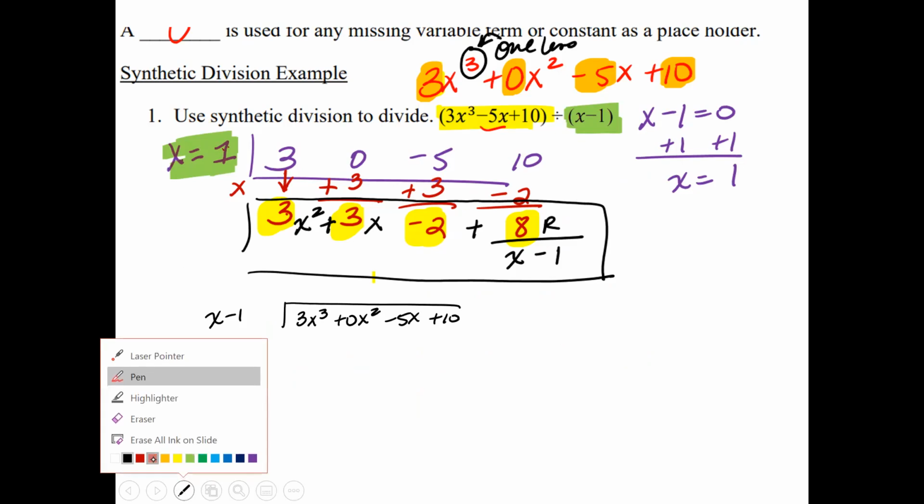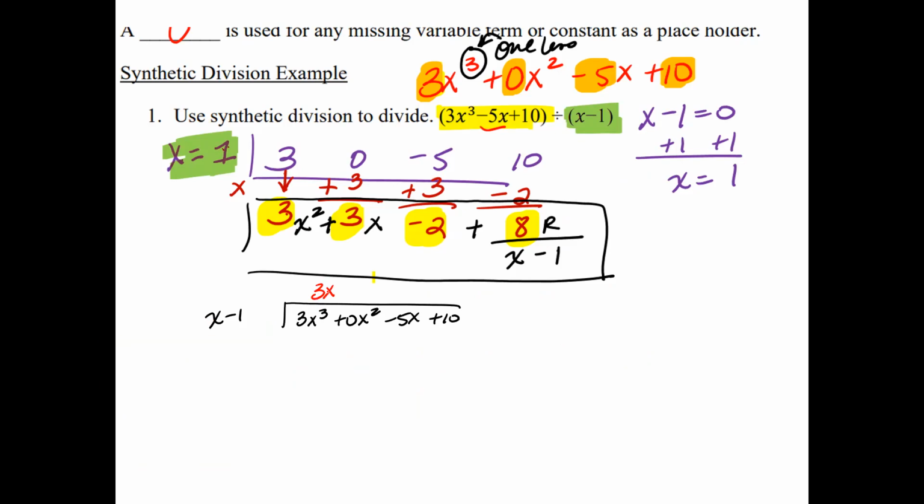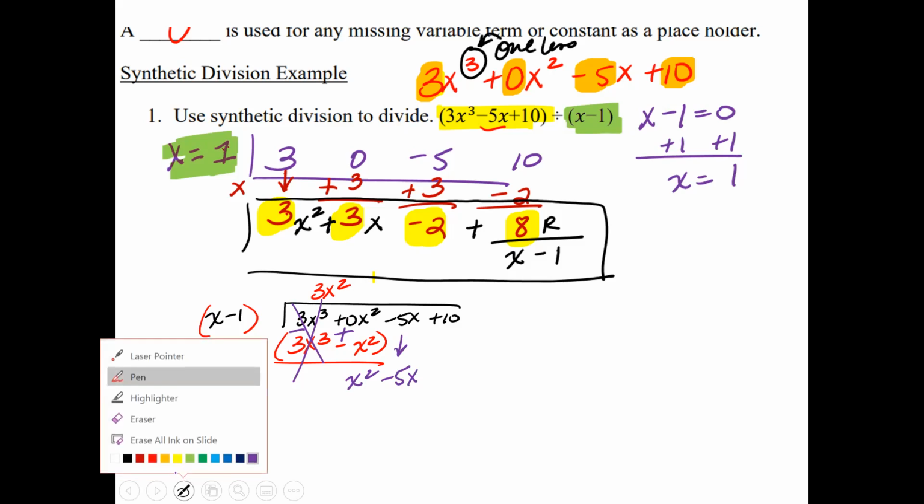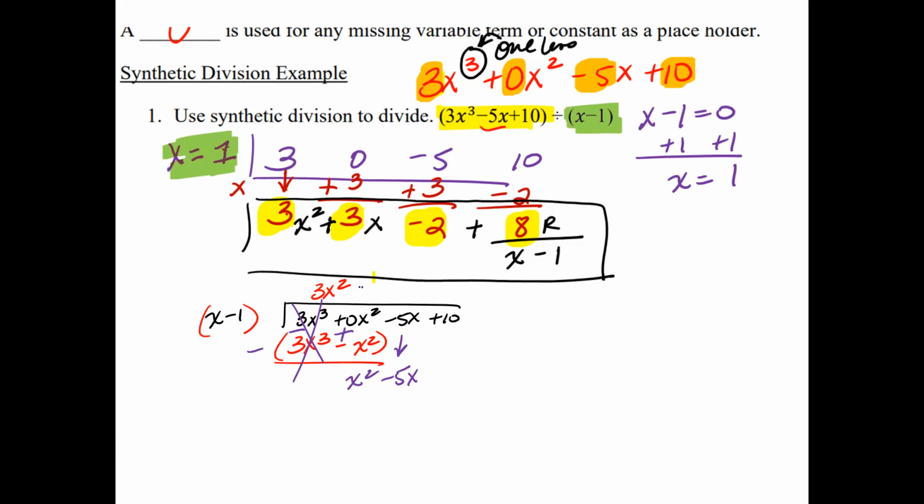If I were to do long division, x times 3x squared gives you, and distribute it, 3x cubed minus 3x squared. And then from here, I'm going to subtract it. So that becomes a negative, that becomes a positive. That first term cancels. 0 plus 3x squared is going to give you 3x squared. Bring down that -5x. Now, x times x is going to give you,